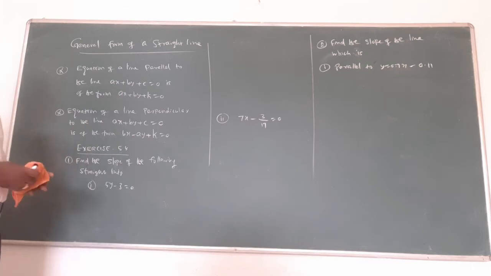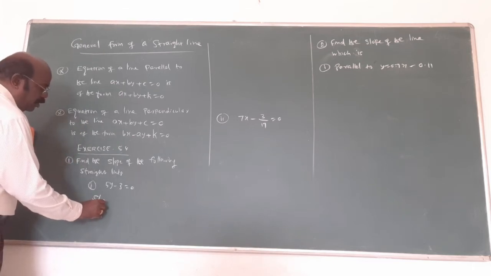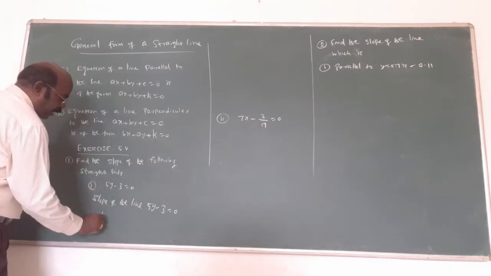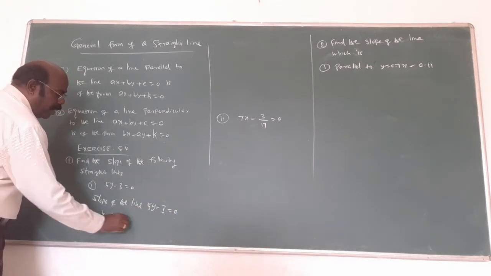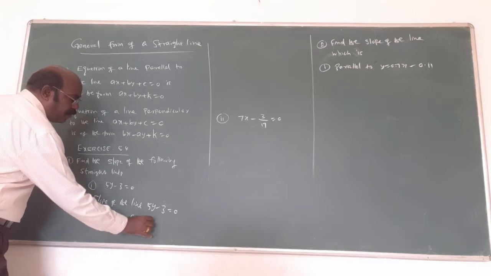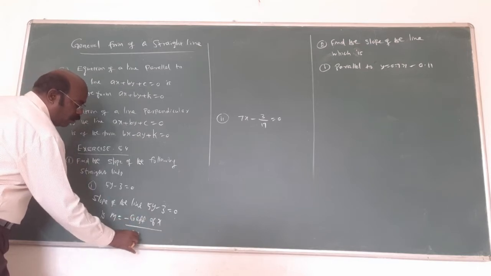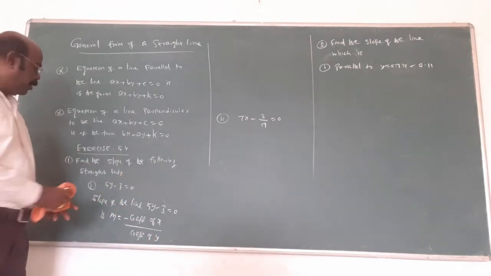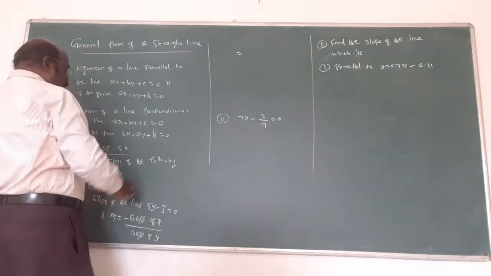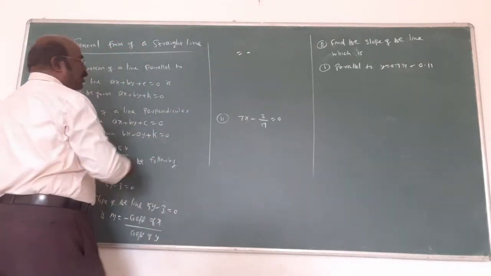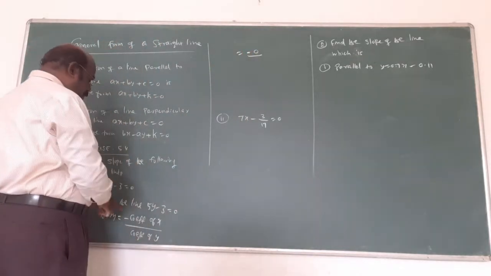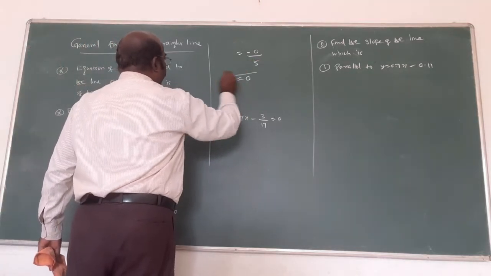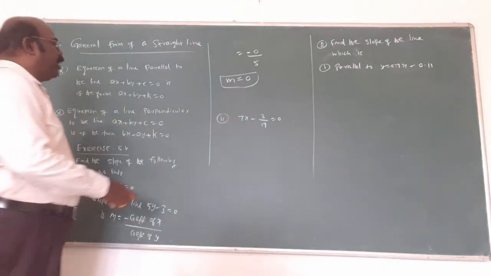What is asked is only the slope. Slope means, listen here, the slope of the line 5y minus 3 equal to 0. The slope is m. What's the formula? Minus coefficient of x by coefficient of y. This is the formula. Now substitute here. Minus the coefficient of x is what? No x term, that's 0. Divided by the coefficient of y, which is 5. 0 by 5 is only 0. This is the slope.